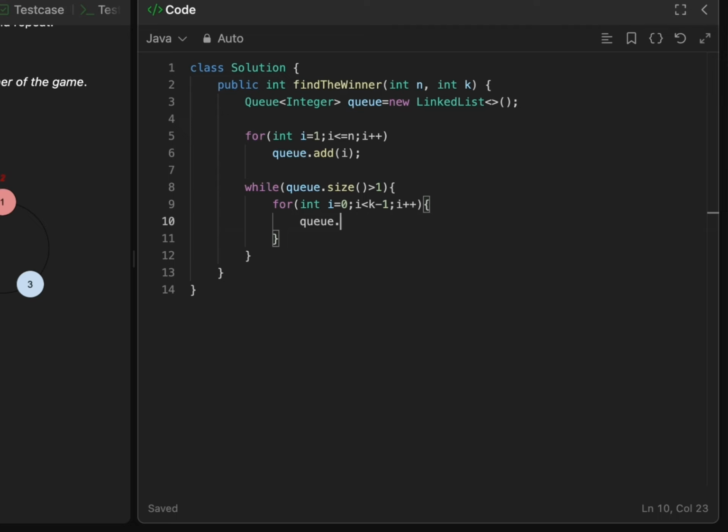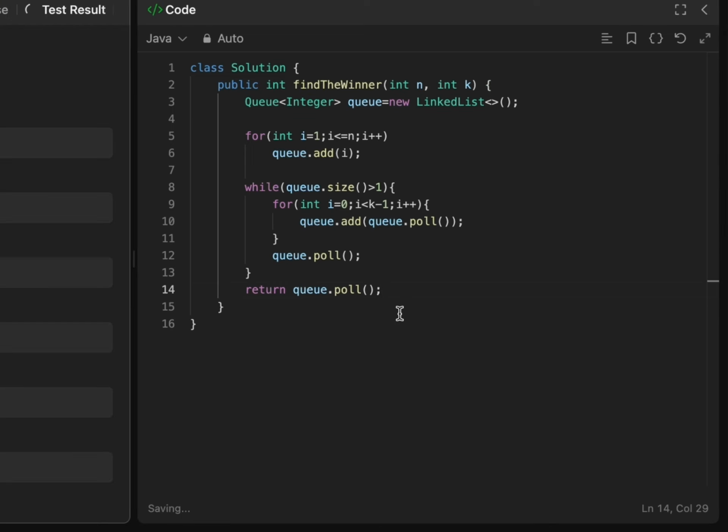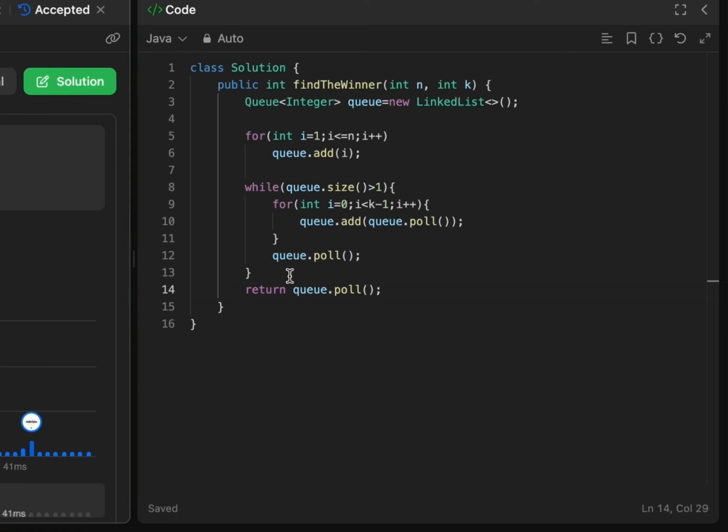q dot add q dot poll. Perfect. Now we just have to remove the last one because now we are standing there and it will be done. Let's try. And it's done, right? So what we did, we are actually on the first k minus 1 elements,